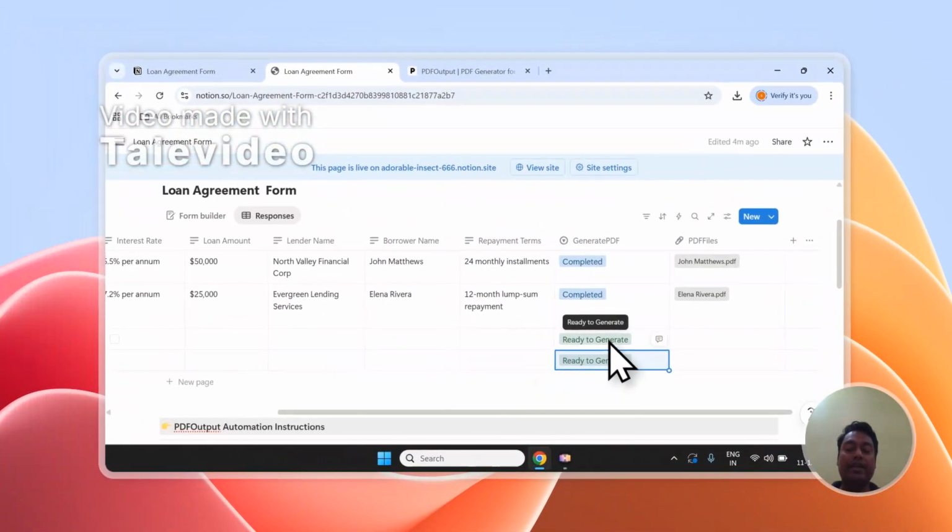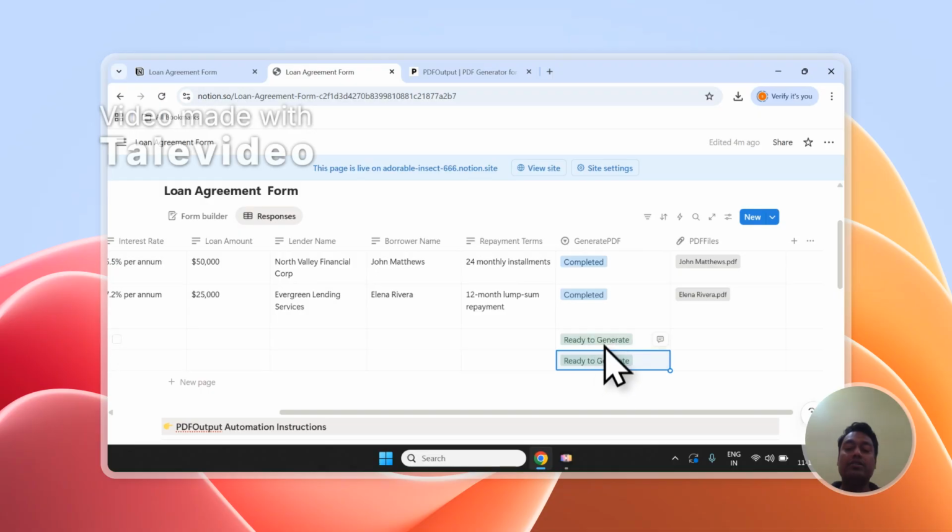So that was it for the entire demonstration, and these records will soon be converted to PDFs and stored in the PDF file column over here for our use case. I hope this explanation was clear to you and you start using PDF output to create